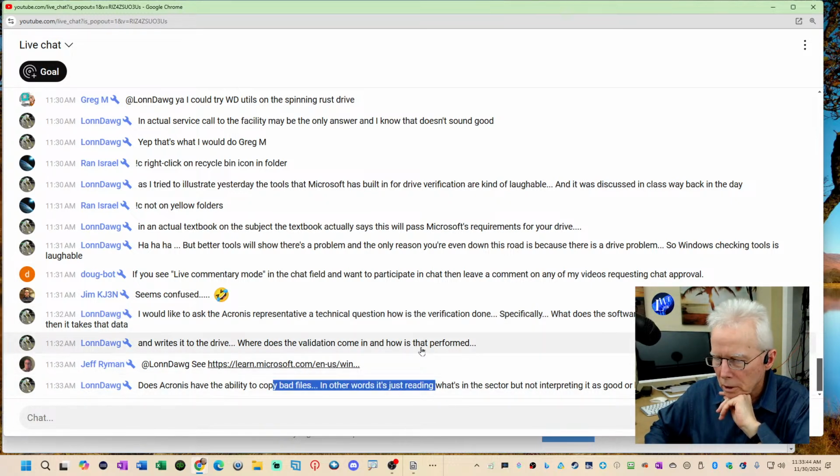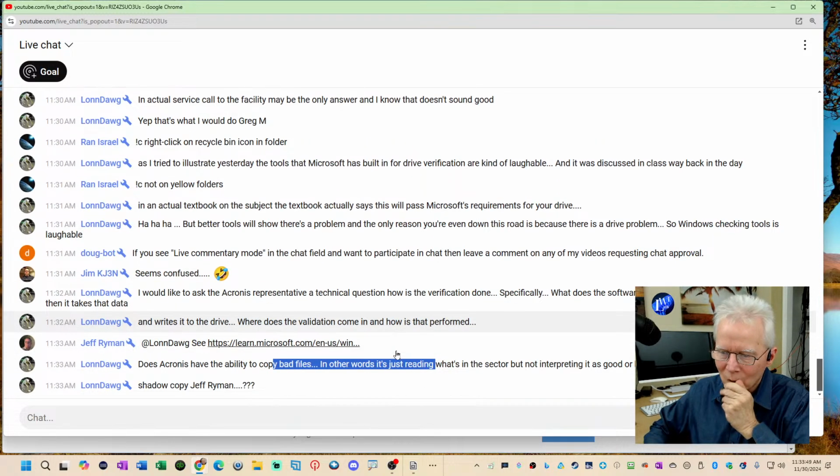Does Across have the ability to copy bad files? Well, if you did a forensic copy, where it copies every byte,